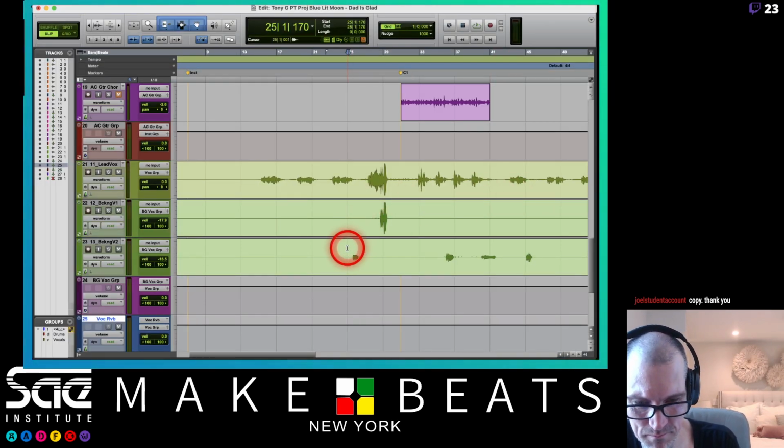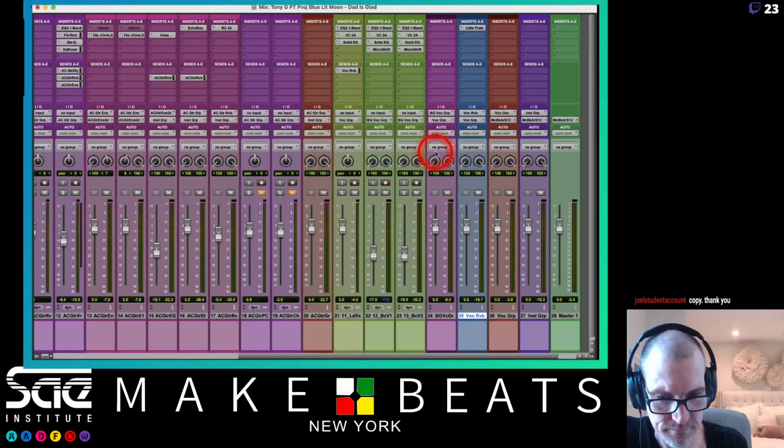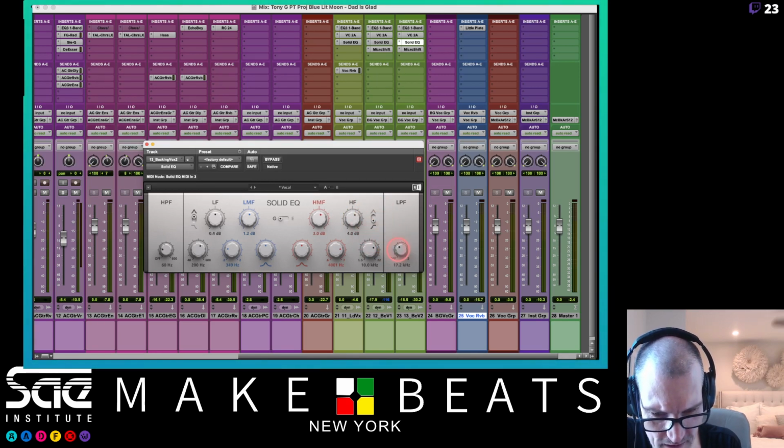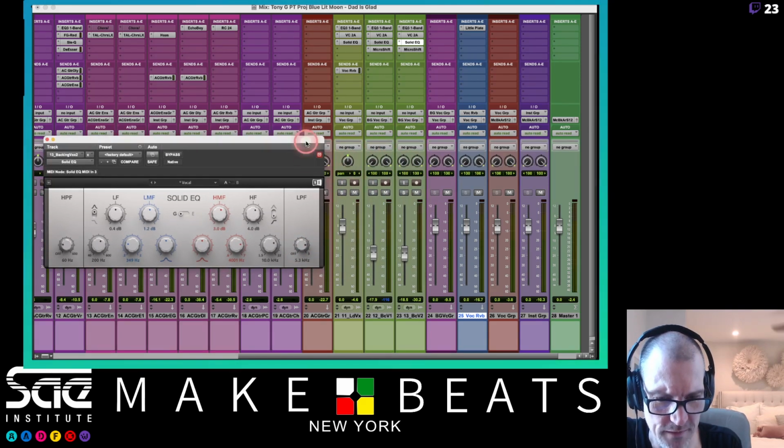I'm going to go ahead and hit go right here, and I'm going to go with these. I'm going to pull the high frequencies out. Low pass filter. We're going to put a low pass filter here, a pretty steep one, because I want this being